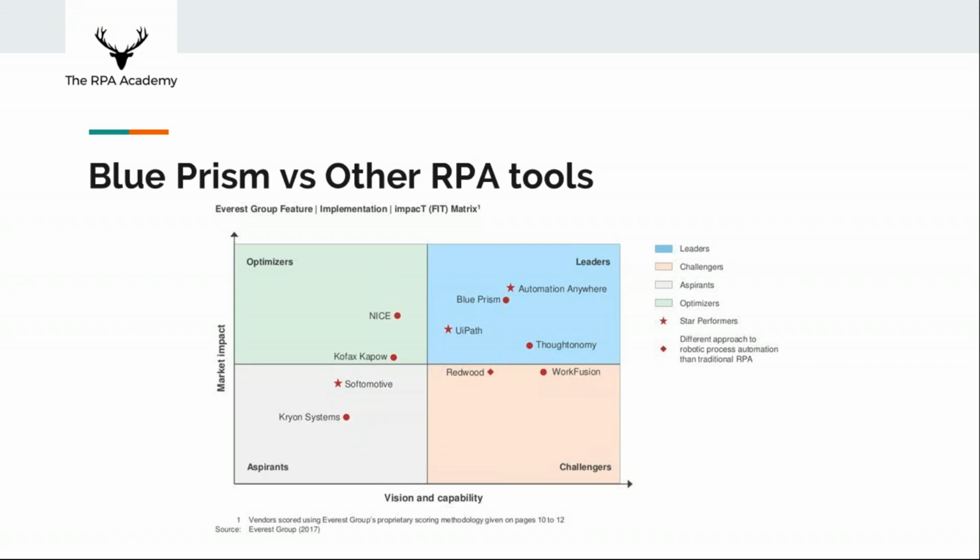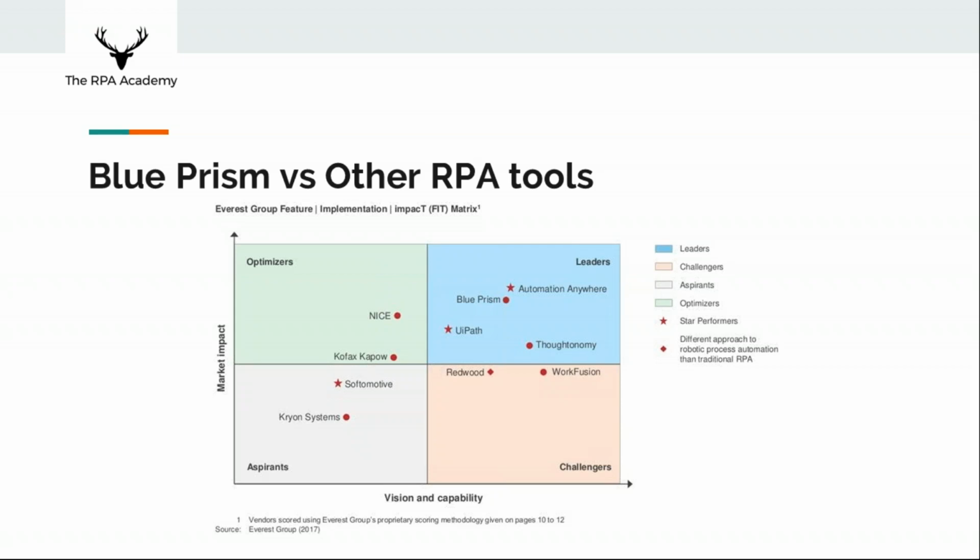Now you'll see Autonomy as a leader as well. Autonomy, I've got exposure to that too, is basically Blue Prism rebranded. It's a different company offering a software as a service kind of offering, but it's the same thing. So you could say Blue Prism is really the market, and you put Autonomy in that category as well. So you're learning a market leading tool. It's not going to go anywhere anytime soon, especially because of how different it is to the other tools.